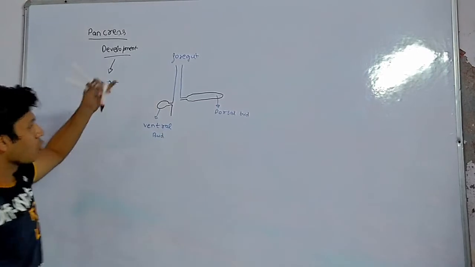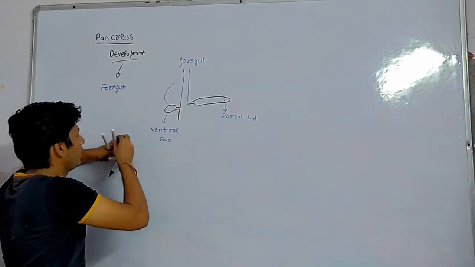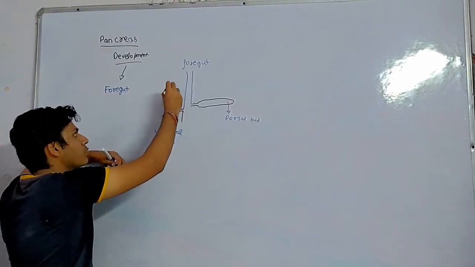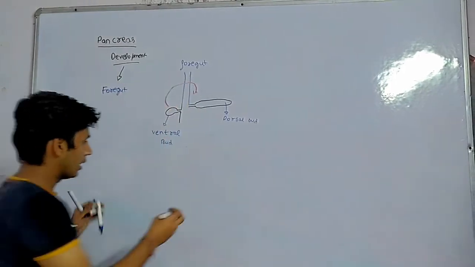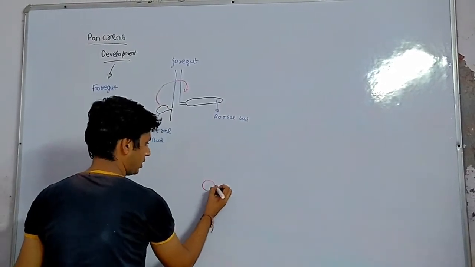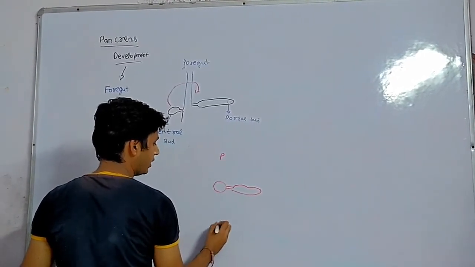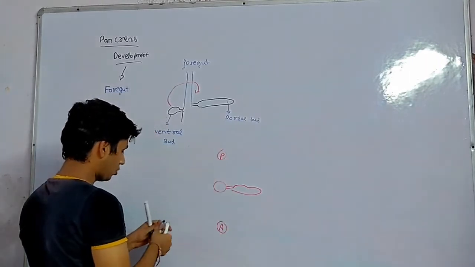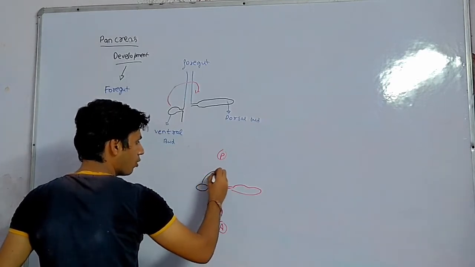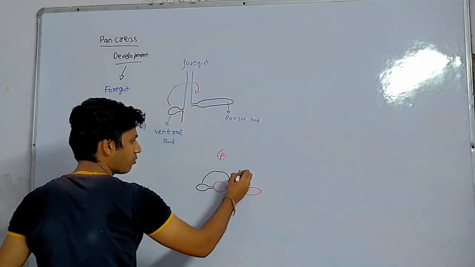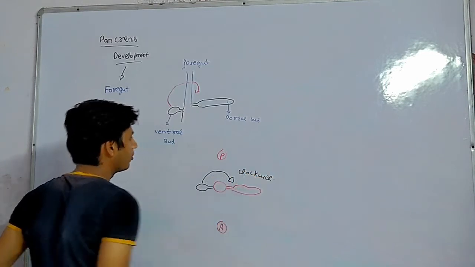Now this bud rotates like this. If we see it from superiorly, we can say it is a clockwise rotation. Now let's say this is the superior view. This is the dorsal bud, this is posterior, this is anterior. And this is which bud? Ventral bud. This bud goes from posteriorly, clockwise. Clockwise rotation. How does clockwise rotation occur?